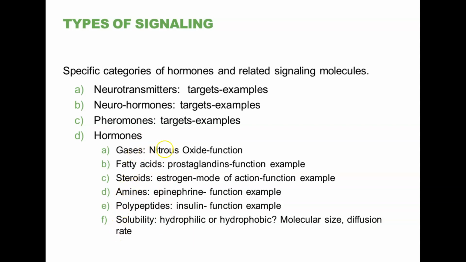Gases, as you can see right here, if you're not aware of it. Nitric oxide is released by epithelial cells in the circulatory system, and it induces relaxation of smooth muscle in the circulatory system. So, dilation of arterioles leading to capillaries, so that blood flow is increased to areas. Nitroglycerin tablets have traditionally been an emergency medication given to people with obstructions of coronary circulation, basically people that are in danger of having a heart attack.